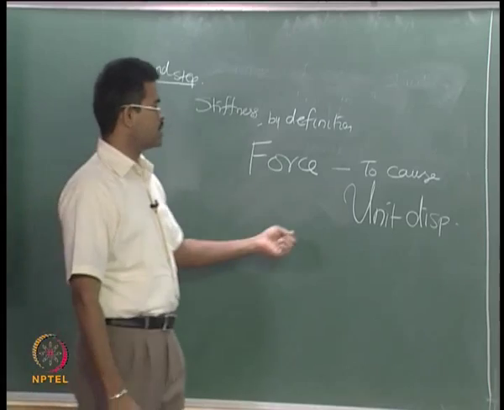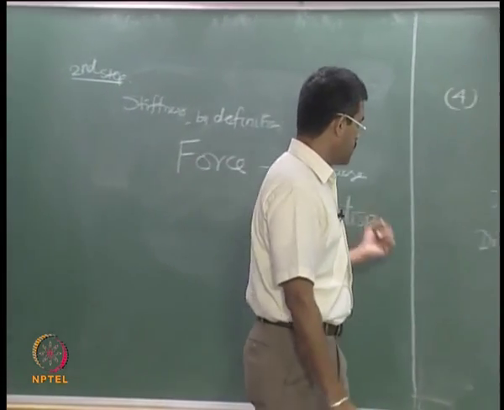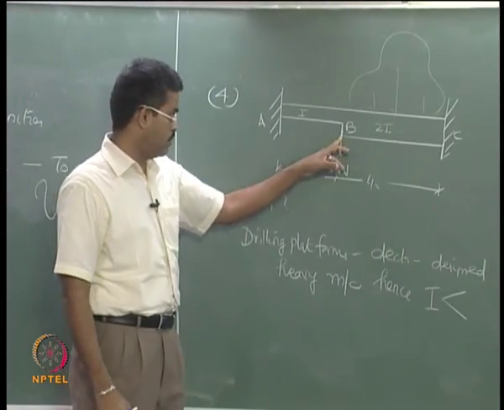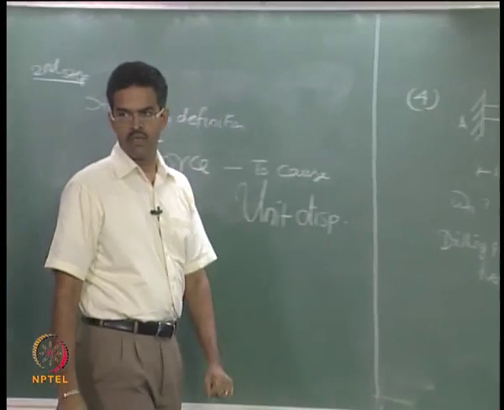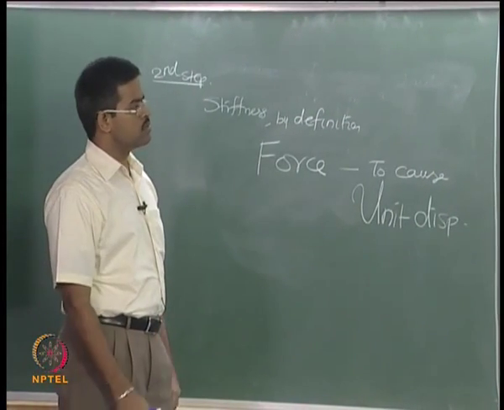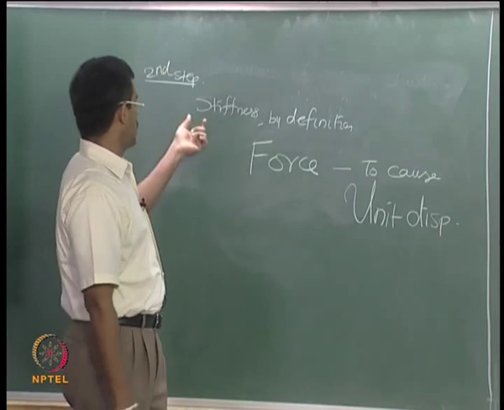So where do you want to cause a unit displacement? I want to cause unit displacement where the force is applied. So at this point I want unit displacement. So what would be the force responsible to create the displacement is what I am looking at, the stiffness of